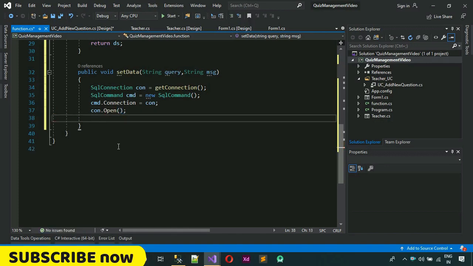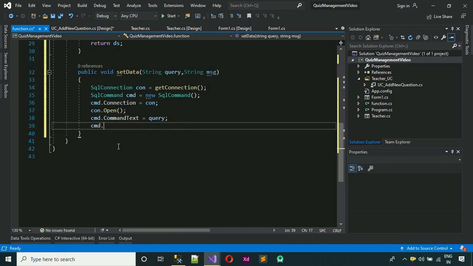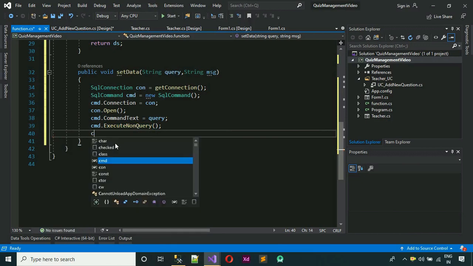and finally we have to execute the query. So for that, cmd dot command text, and we have to pass the query, and finally execute non-query. Why am I going to use this execute non-query? Because if any query which is fired on the database only needs to be processed and will not return any data, then we have to write it like this, execute non-query. After this we have to close the connection, so con.close,